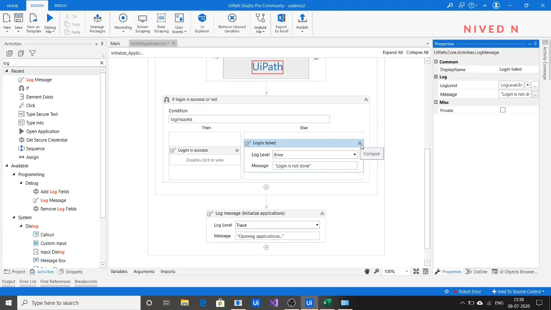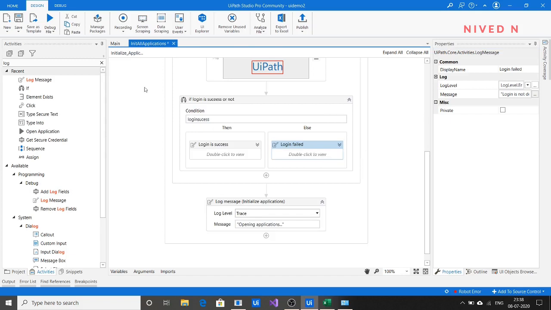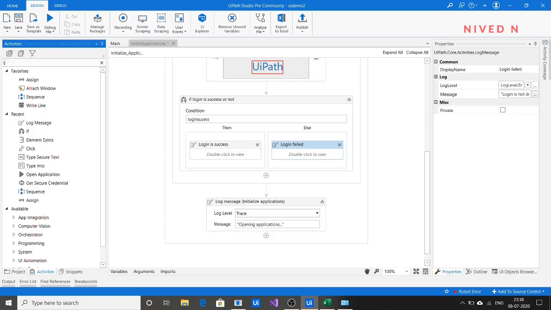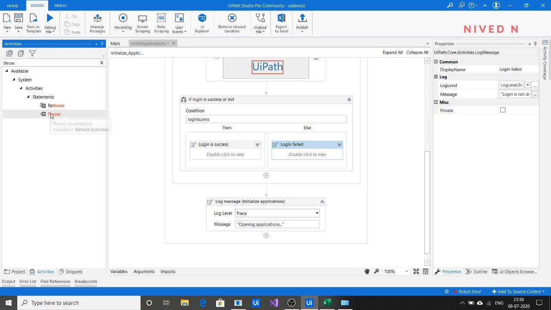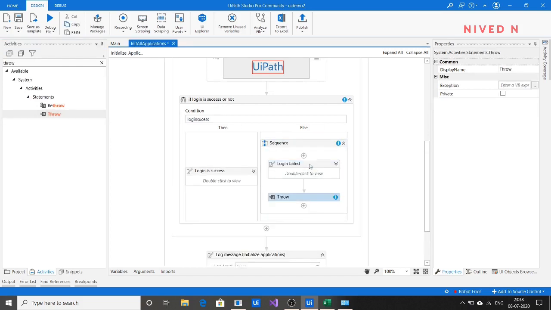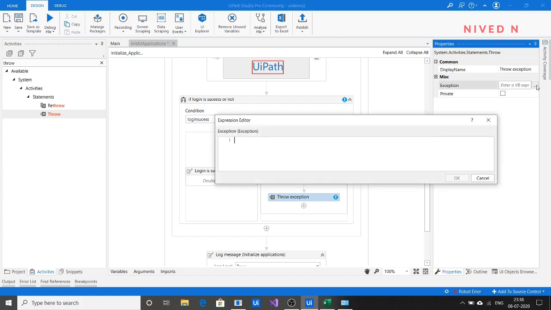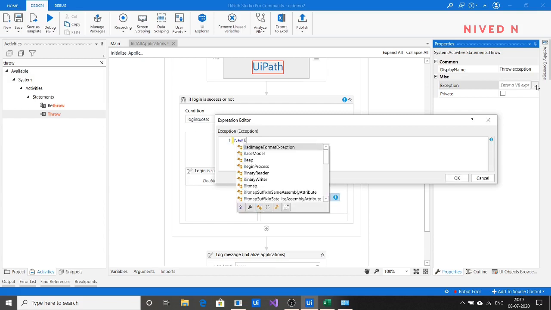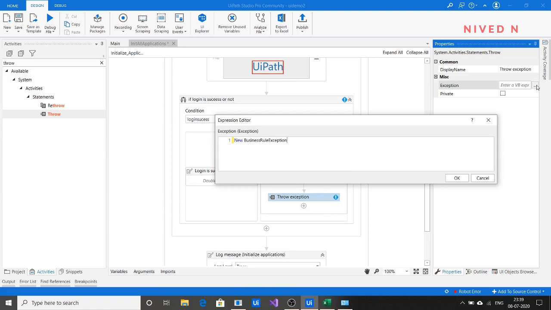In addition to providing a log message, you can throw an exception. For that, use the throw activity. We know that incorrect credentials is a business exception, because we are providing incorrect data. So we can state the kind of exception by specifying new business rule exception.